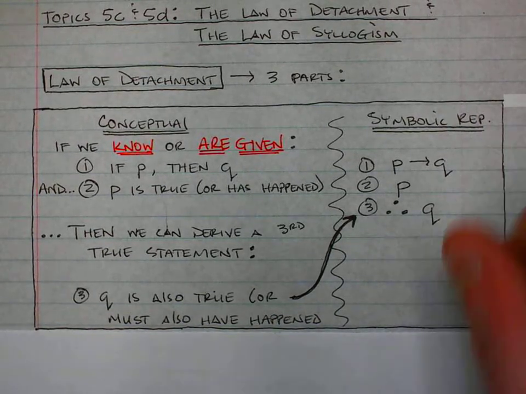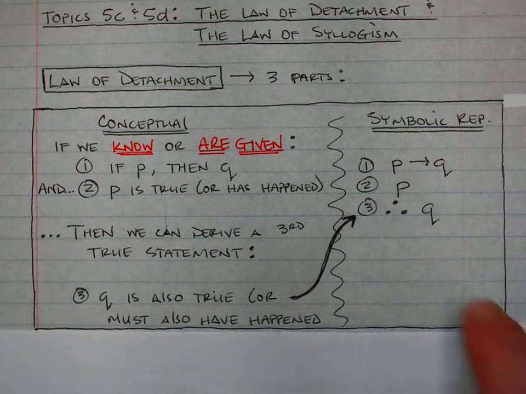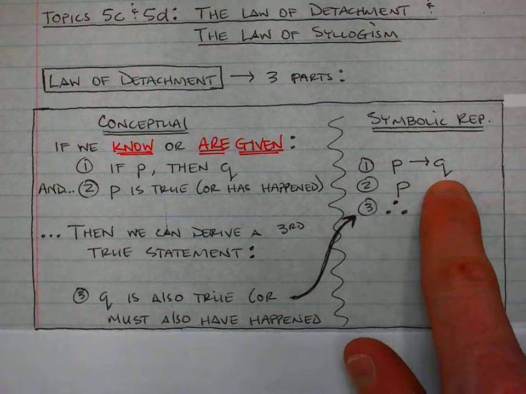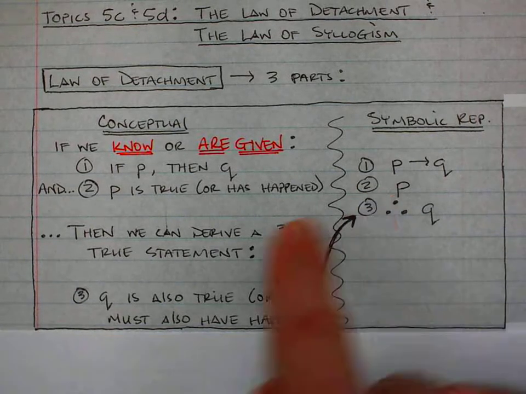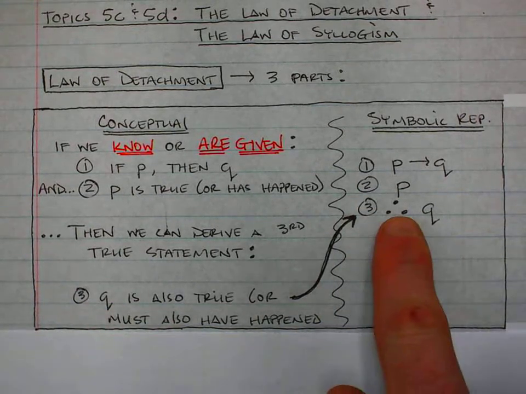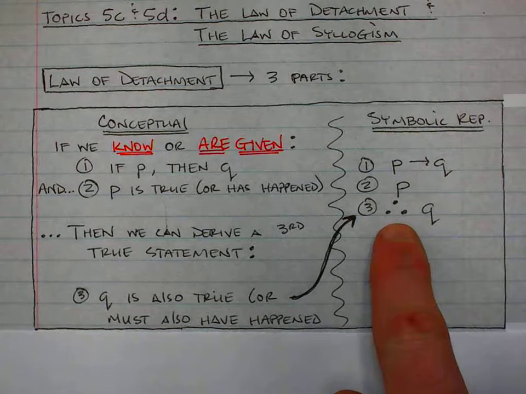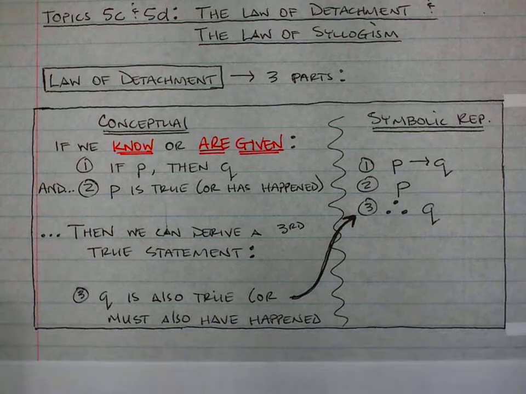The symbolic representation of the law of detachment is listed right here. If P, then Q. So P, arrow to the right, and then Q, and we're saying that P is true or has happened, P right there, and therefore, which is what our little triangle of dots means here, therefore,